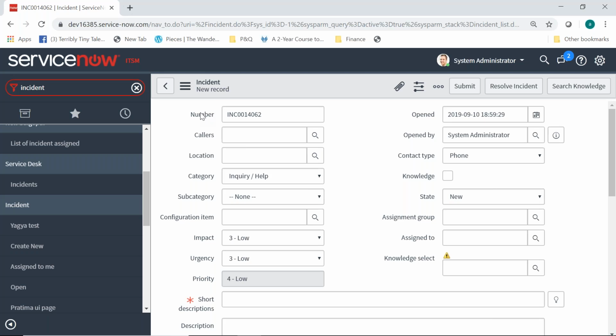So when the uniqueness is there, what benefit are we getting out of it? Because there will never be two records with the same number, it becomes easy for people to interact with reference to the given record number. So if I come to you and give you the incident number, you exactly know which record I am referring to. Correct?